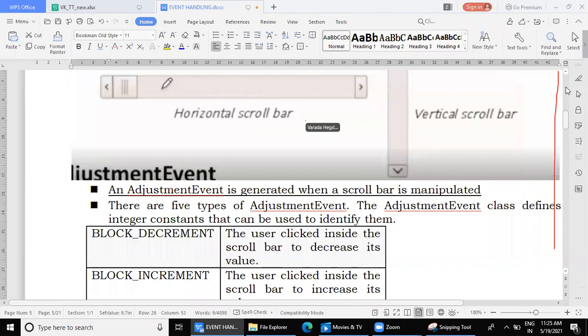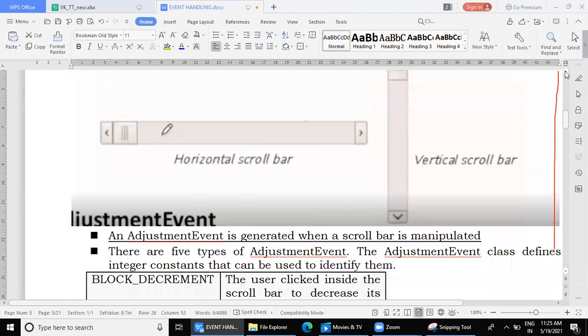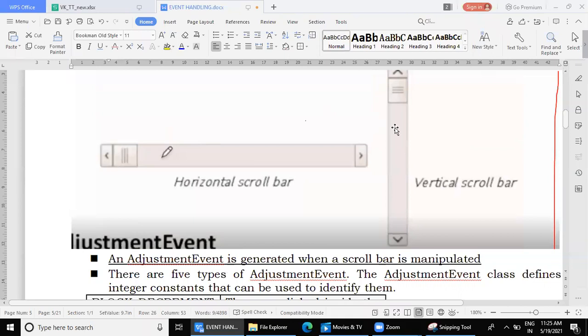When you click inside this area, it is called block increment and block decrement. Tell me whether unit is bigger or block is bigger. I will just click and show you. Don't concentrate on what kind of text content is being displayed here, just concentrate on the movement of the scroll bar.